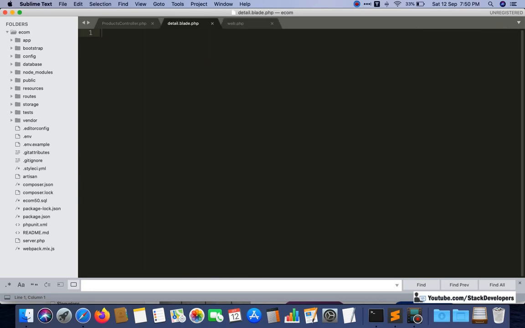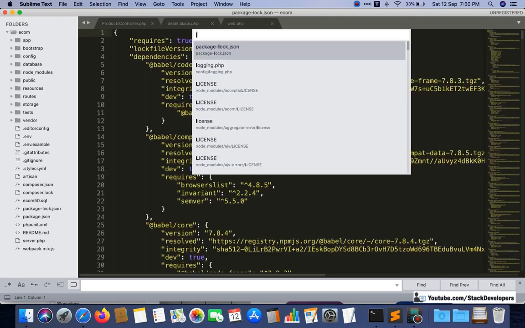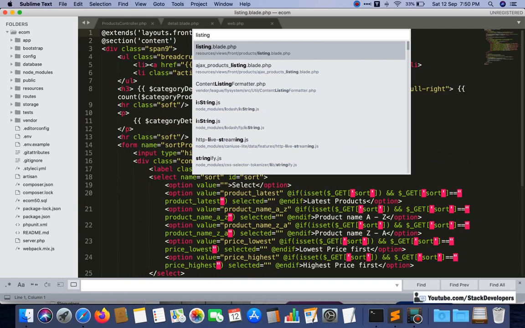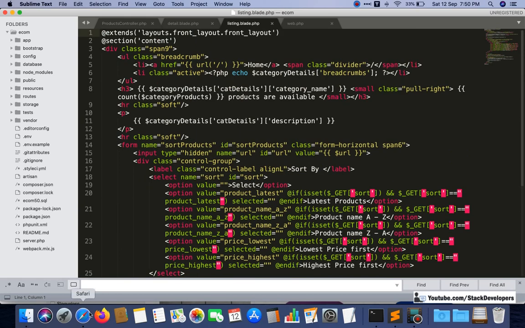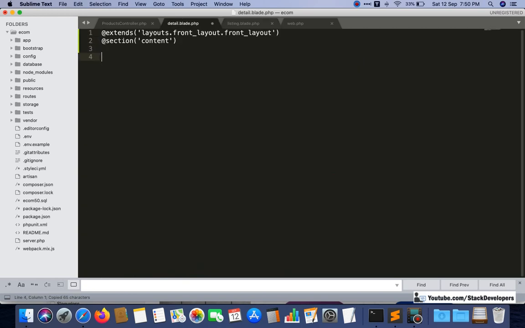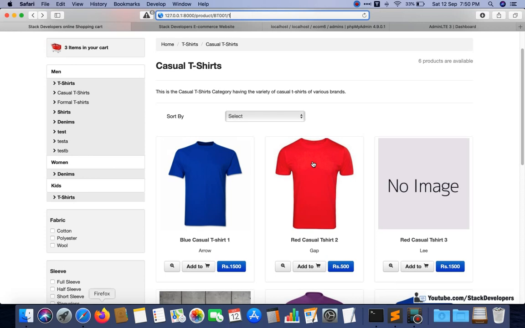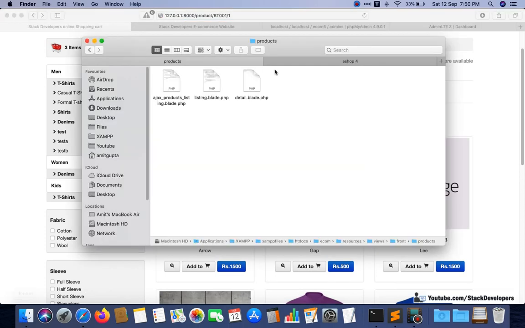So we can get the design of our eShop template, header and footer, from listing, and here we can end the section. So we are able to embed the layout from the listing for our detail page, and the center part we will copy from our template.